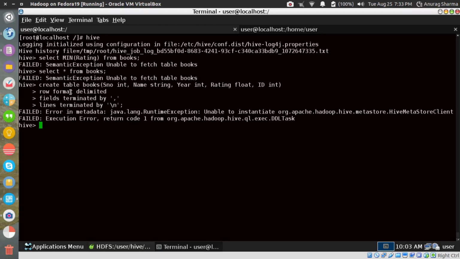That's strange. Okay, so let me try creating another table with the same command using another table name.